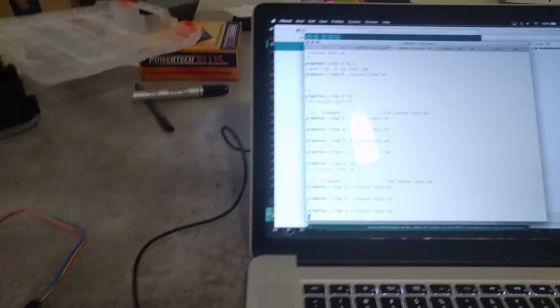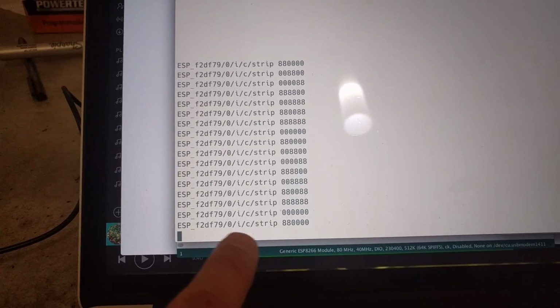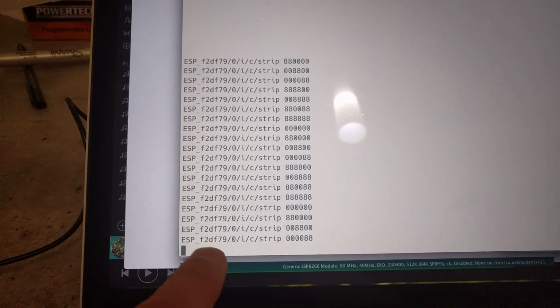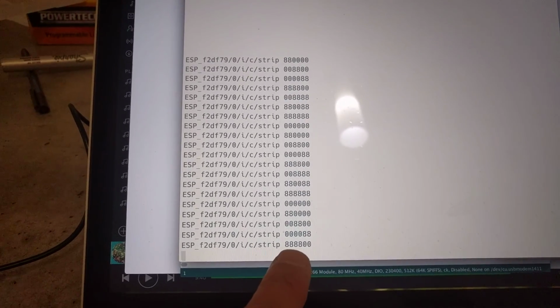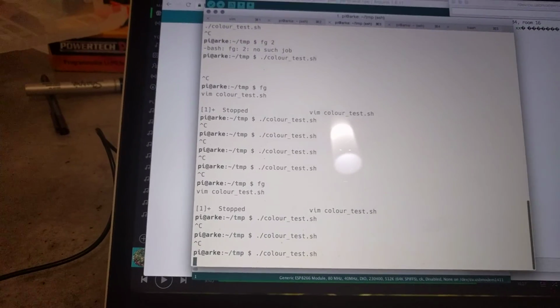So then what happens is over here, you can see the messages are coming through. I've got a particular set of topics that I subscribe to on this node, and I send it the hex value just there. What I can then do is